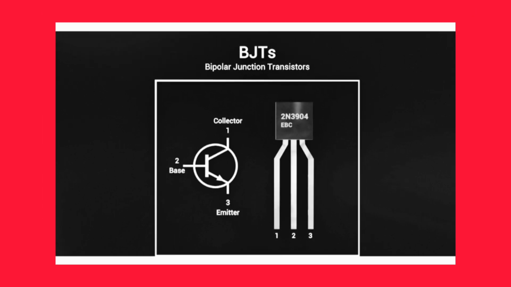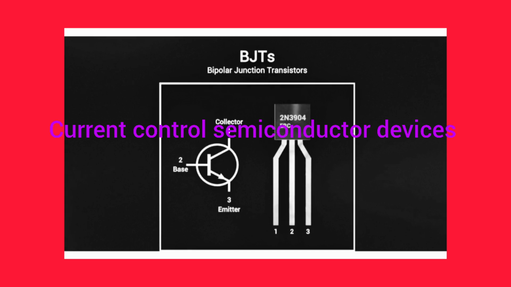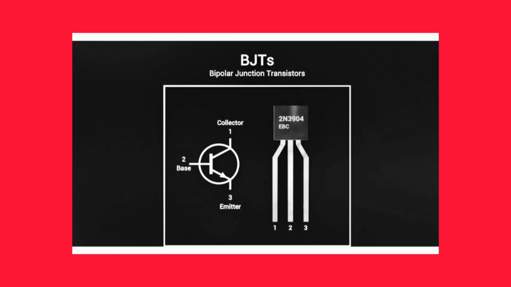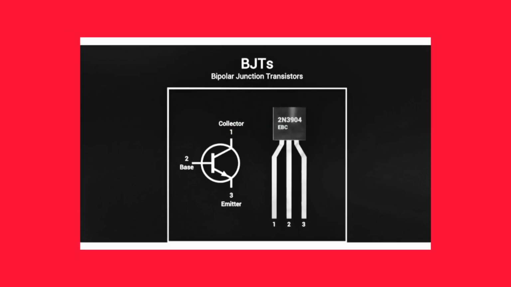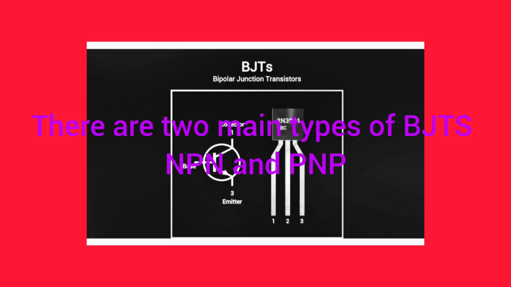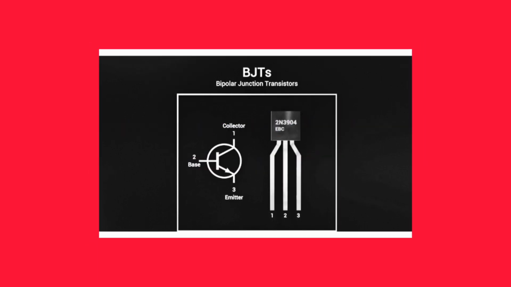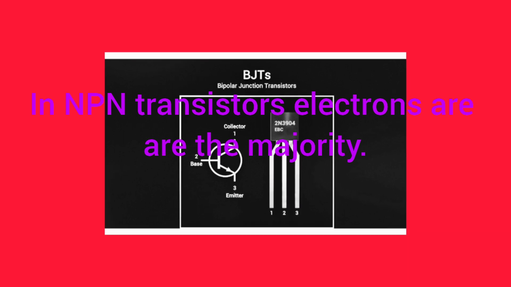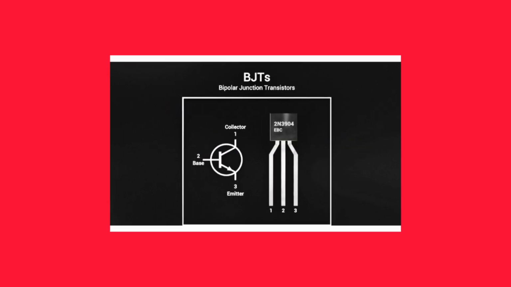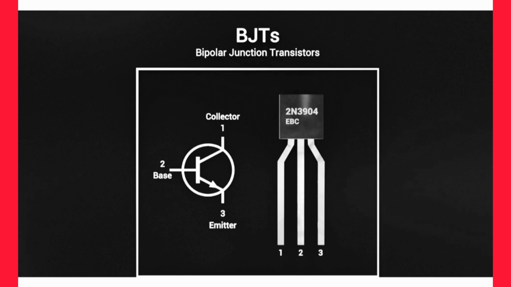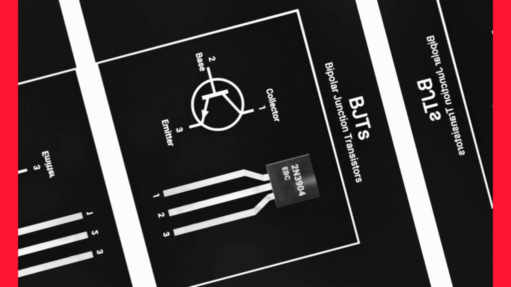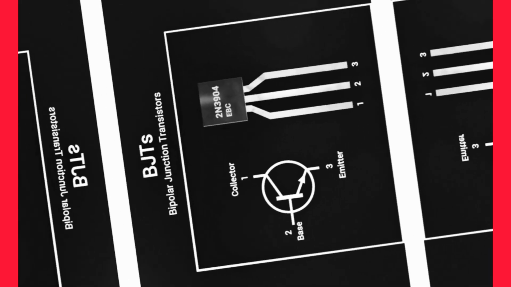A BJT is a current-controlled semiconductor device composed of three regions: emitter, base, and collector. There are two main types of BJTs, NPN and PNP. In an NPN transistor, electrons are the majority carriers, while in a PNP transistor, holes play the dominant role. The emitter is heavily doped to supply charge carriers, the base is thin and lightly doped to control the current, and the collector is moderately doped to collect carriers. This internal structure allows a small base current to control a much larger collector current, which is the key principle